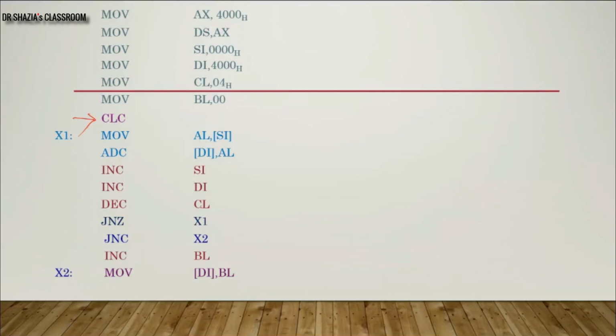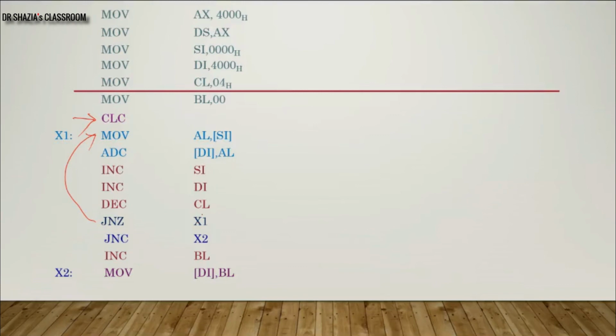So this decrease instruction is now going to affect my zero flag. Once that zero flag is affected, after execution of the decrease instruction, my program is going to branch because I have used a jump instruction: jump if not equal to 0 to X1. X1 I have labeled to the first instruction where I am starting to copy the data, MOV AL, [SI]. So this instruction will take the program control back to this memory location to move and execute the loop again.